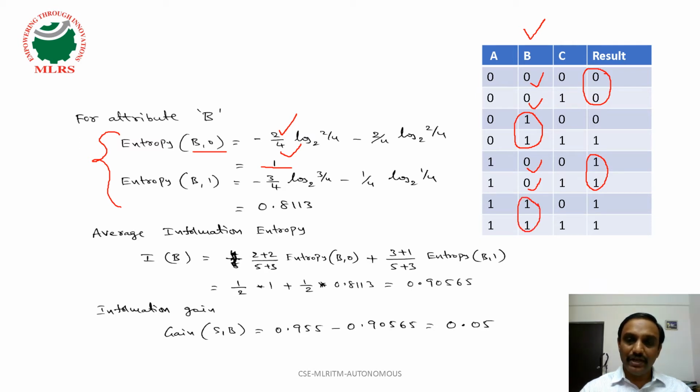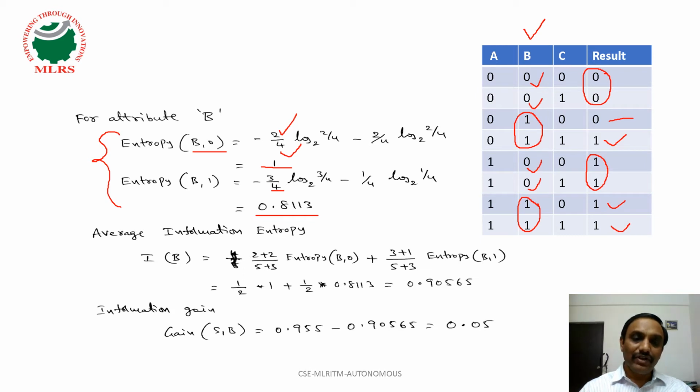So in the denominator we are taking 4. How many positive examples are there? 1, 2, 3. So 3 by 4 log 3 by 4 base 2 minus how many negative examples? Only one negative example. 1 by 4 log 1 by 4 base 2. By taking that value